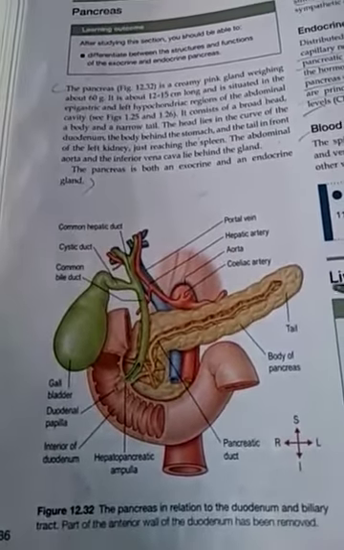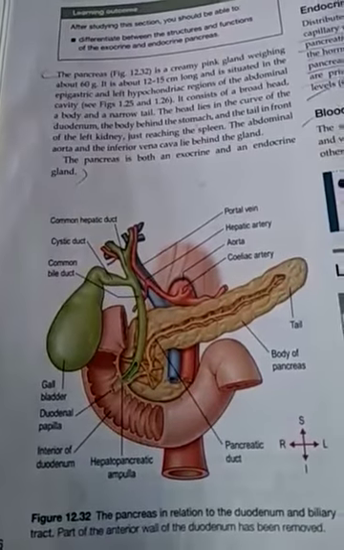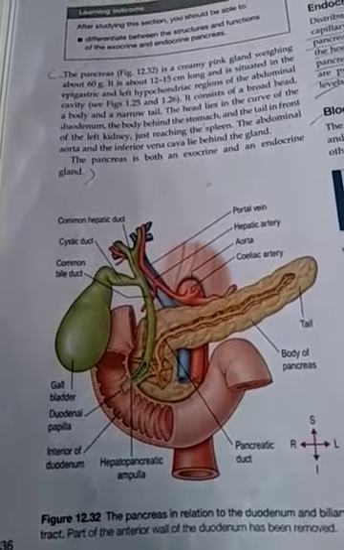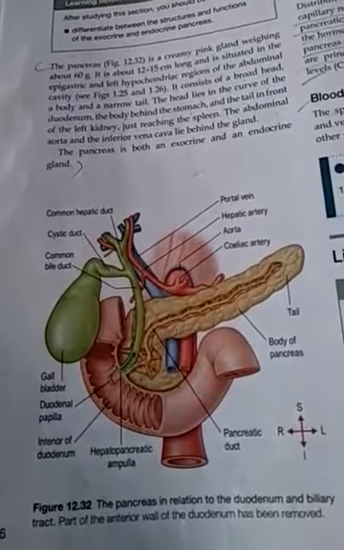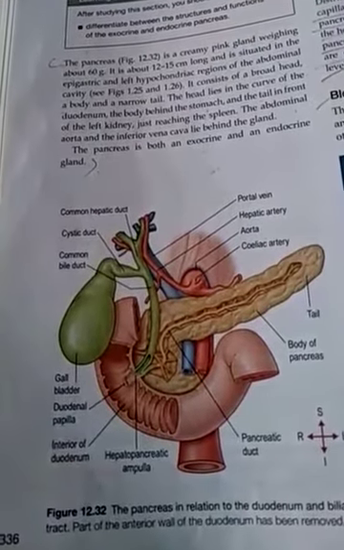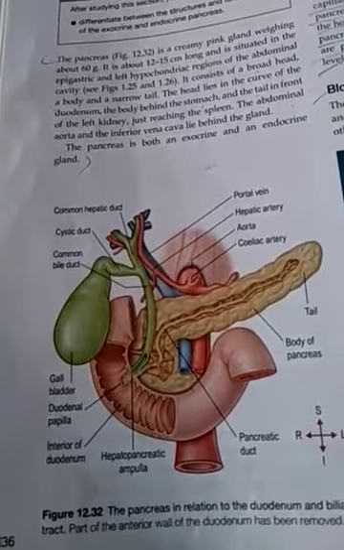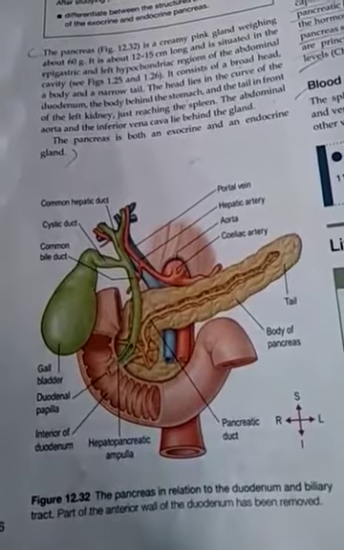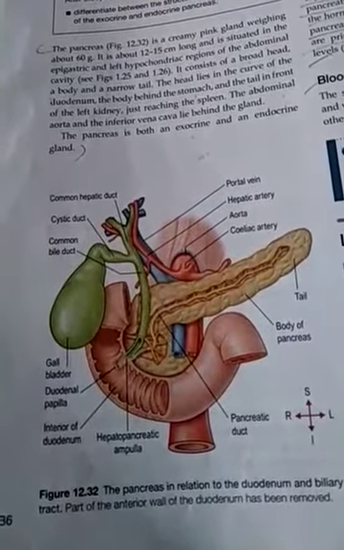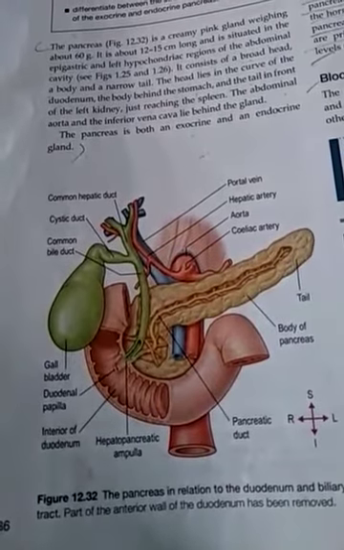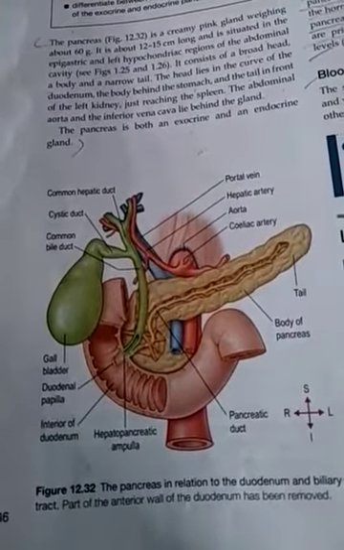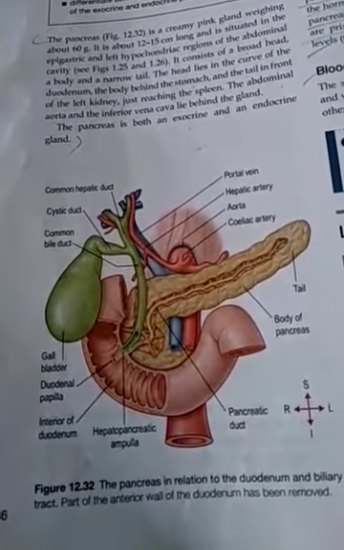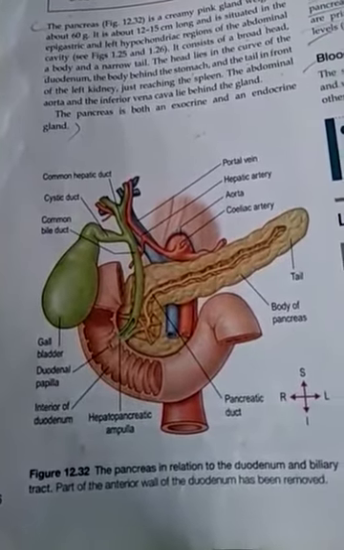Now, as we have learned during the endocrine system, the pancreas acts as an endocrine gland. Now here in the digestive system, we are going to learn the pancreas as exocrine function. Why? Because in endocrine we learned that the alpha, beta and delta cells secrete three different types of hormones, that is glucagon, insulin and somatostatin. Insulin and glucagon both mix directly in the blood. So, that is known as endocrine function.